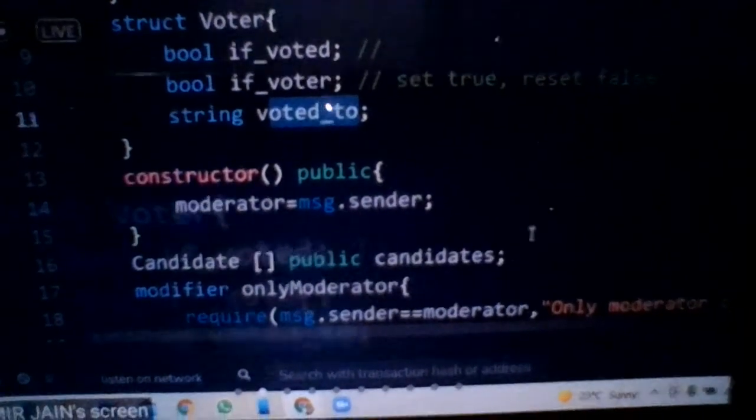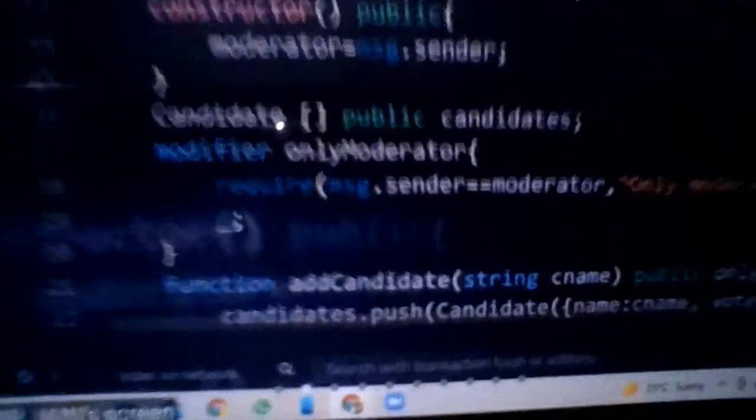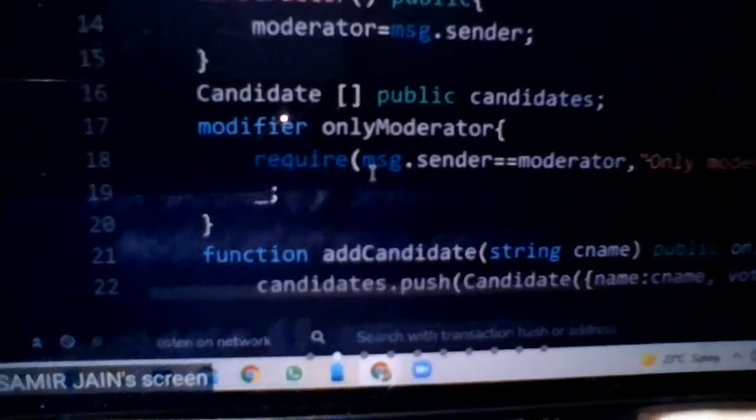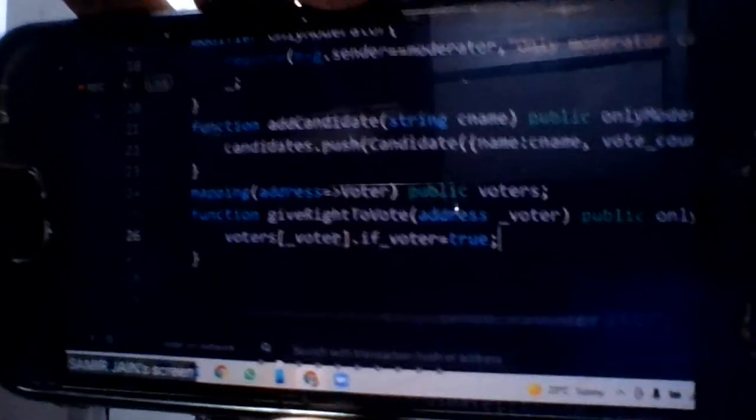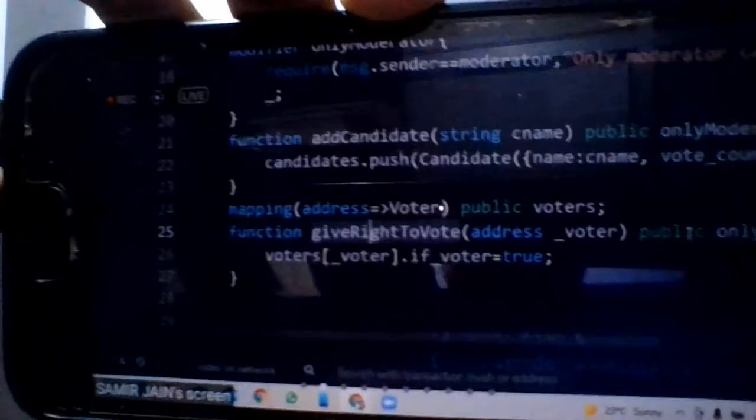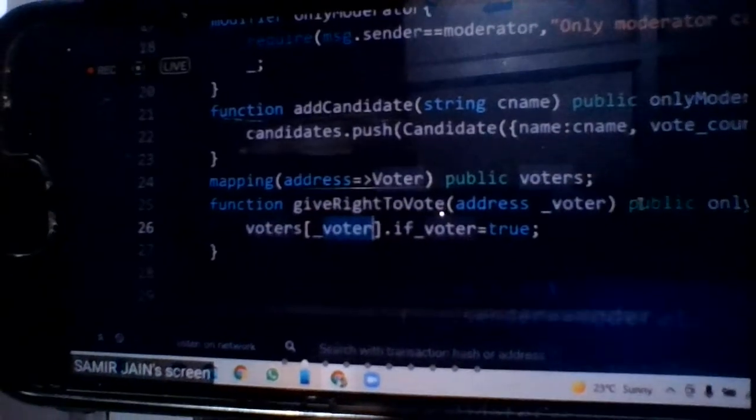So voters dot if voter, I will initialize this flag as equal to true. I am the moderator, I have called this function, and I have allowed this particular voter that you can vote. Got this thing?